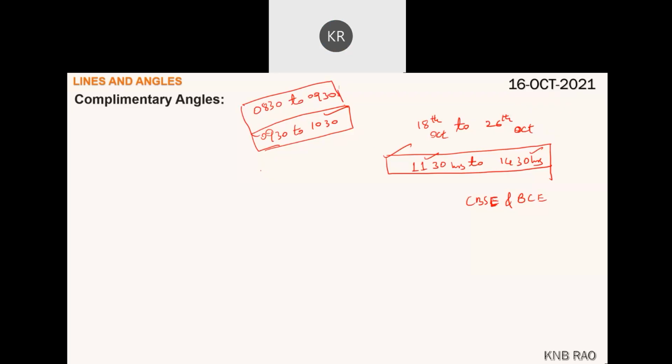I cannot fix my timings, child, because I will have a lot of engagement from my side. So I have to plan and inform you early. If I am taking from 8:30, I will inform you. If I am not taking 8:30 to 9:30, obviously I'll take